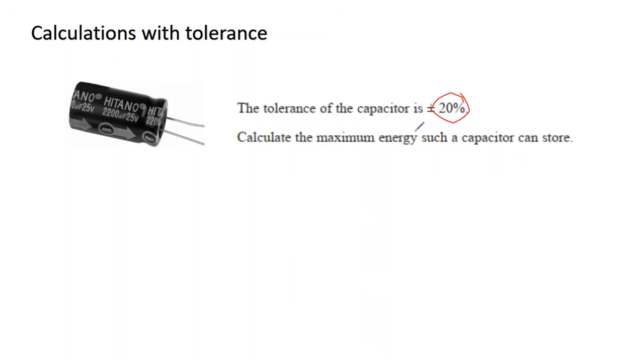So if you look very closely, you'll see in the capacitor the value is 2200 microfarad, right? 2200 microfarad. So what will be the maximum capacitance, right? So C will be 20% more, that is 120% of 2200,